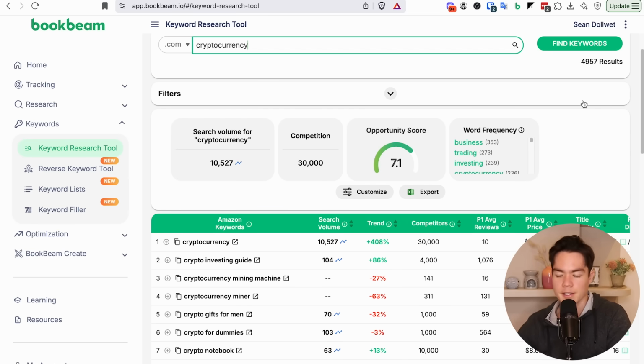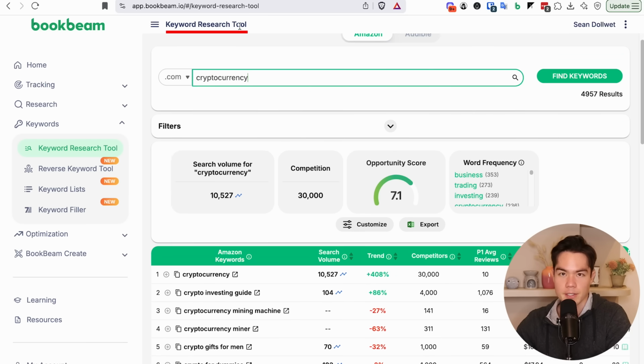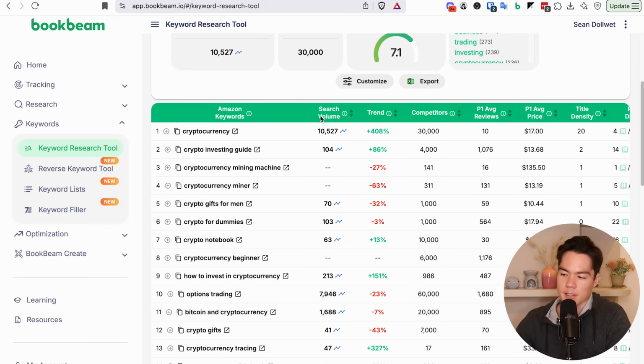So the first one is the historical search volume data. What this tells you, which is in the keyword research tool section, is this: I looked up cryptocurrency as an example. Now not only can you see the search volume of the keyword and all the related keywords, you can also see the trend. And the trend is how many people are searching for this keyword versus last month, right? So this shows that 408% more people search for cryptocurrency compared to last month, which tells us that the interest